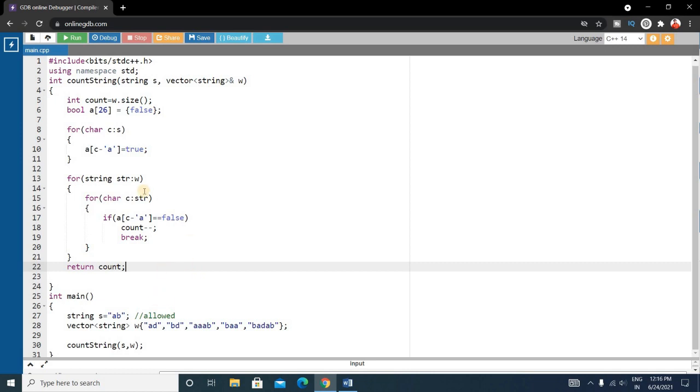So why will it return the count value? Our initial count value was the size of the array. So our initial count value was 5, and any character that is not present inside this allowed string will not be counted, and the count value will be decreased. So here you can see D is not present inside this, so this will not be counted, that is, count